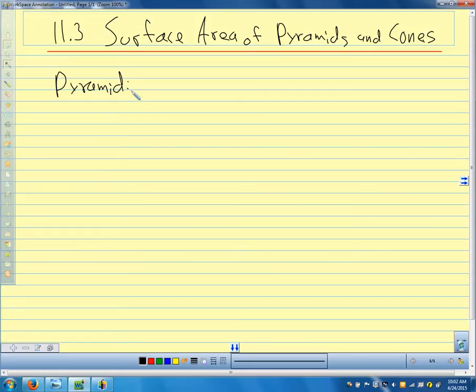So what we're going to do is talk about what a pyramid is, the parts of a pyramid, and then we'll talk about our formulas. So a pyramid is a polyhedron. Do we remember what a polyhedron was? It's a solid 3D shape made of parts of intersecting planes, so the sides are flat. So a pyramid is a polyhedron with,